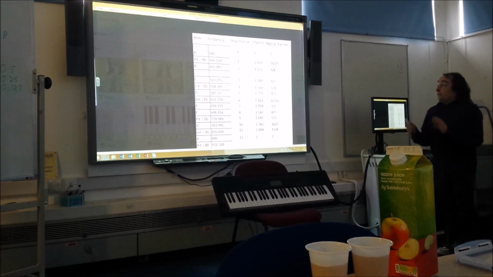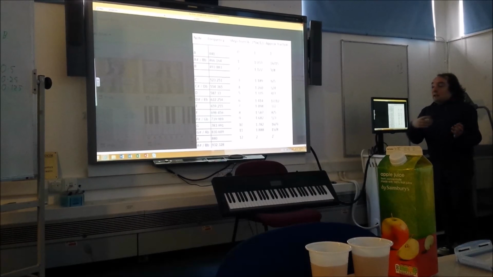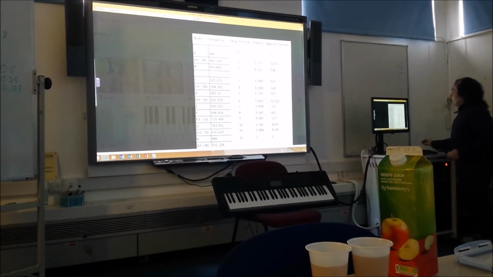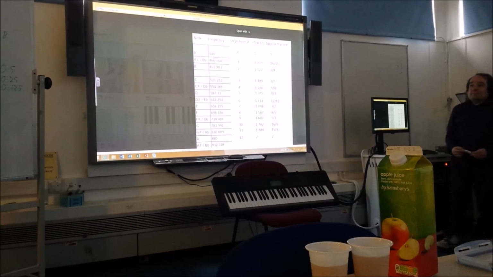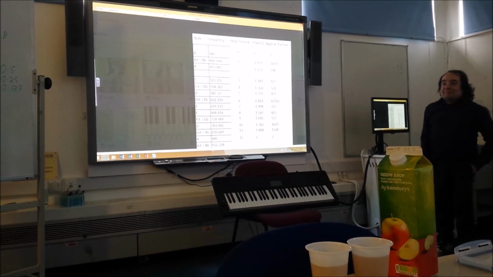The key one in all of this is the 3 over 2. That's the simplest fraction between 1 and 2, and it's the relationship on which everything else is built. You'll notice that if you go up 5 steps and then you go up 7, that takes you to 2. If you multiply 4 over 3 by 3 over 2, you get 2. If you go up 5 steps, then 5 steps, then 2 steps, 4 over 3, 4 over 3, 9 over 8, that gets you again to 2. It's all interlinked.